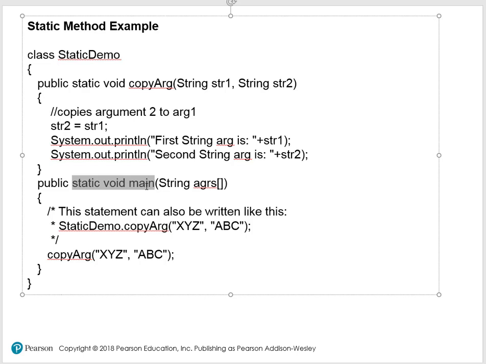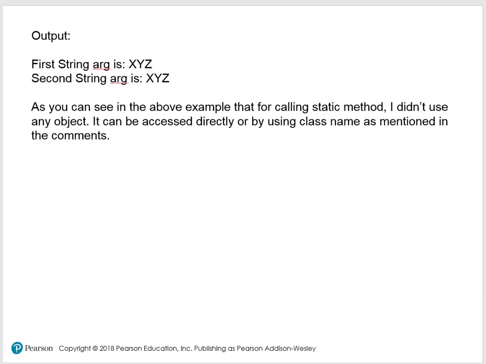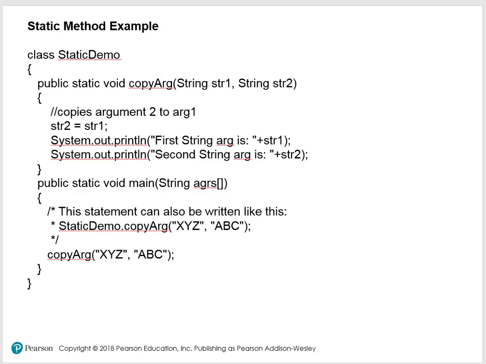So this is the public static void main with string argument, and then you're going to call the copy argument, which is this copy argument, and you're going to pass across XYZ, ABC as string 1 and string 2. So what is the output? If you look at the output, it's going to come across XYZ, XYZ, and you went, wait, what just happened? I thought I passed across